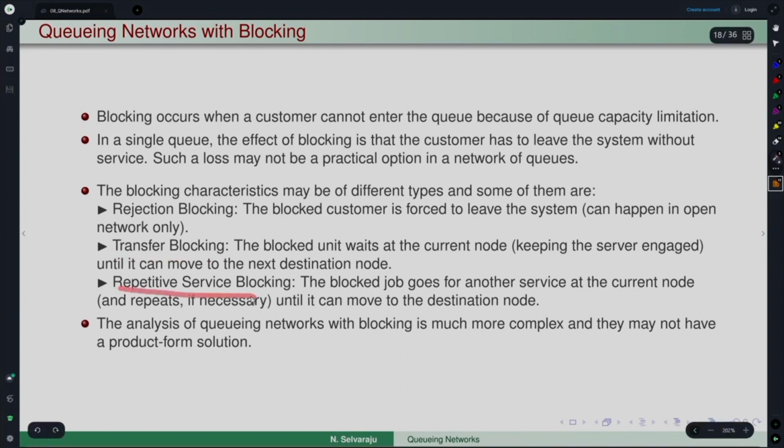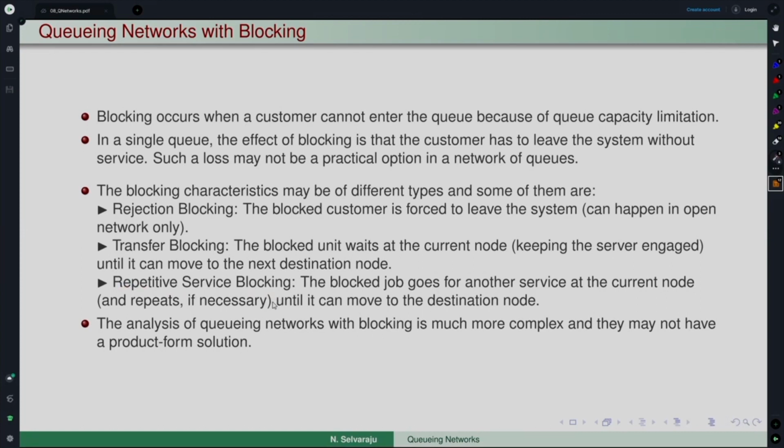And then repetitive service blocking. The blocked job goes to another service at the current node once he is not able to move to the destination node, and this cycle can repeat also if necessary, right. There are even other different policies like how one can do. Okay. So, rejection blocking, transfer blocking, repetitive service blocking are some of the common types that occur depending upon the scenario,